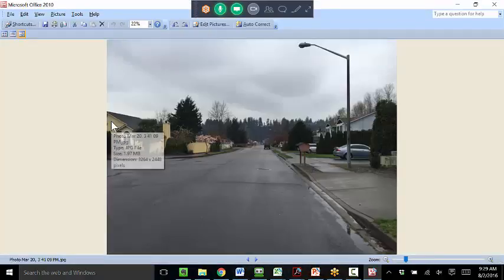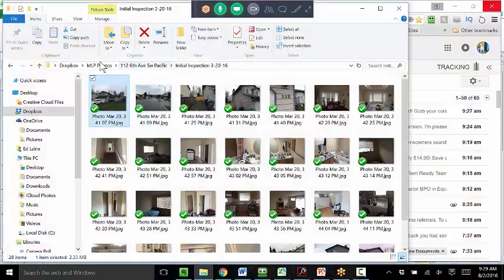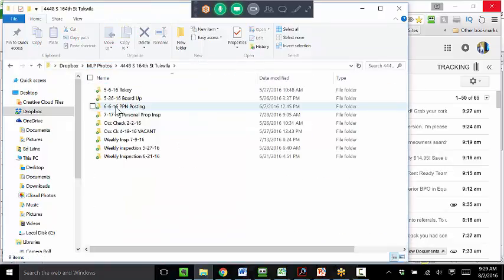So that is our listing, right? Yep. So MLP Photos, this folder in Dropbox, is available to everybody. And those of us that shoot photos of new listings, we put them in there every time. So like, here's one that I was just in on the 17th. So I shot these photos